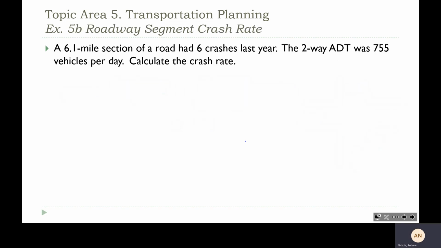All right, so now let's look at a segment. A 6.1 mile section of a road had 6 crashes last year. The two-way ADT was 755 vehicles per day. Calculate the crash rate. So RMVM is A times 1 million